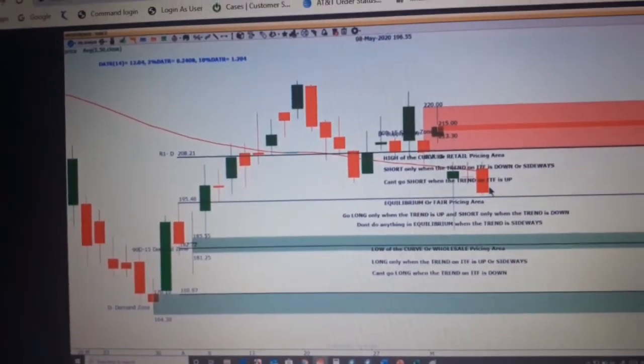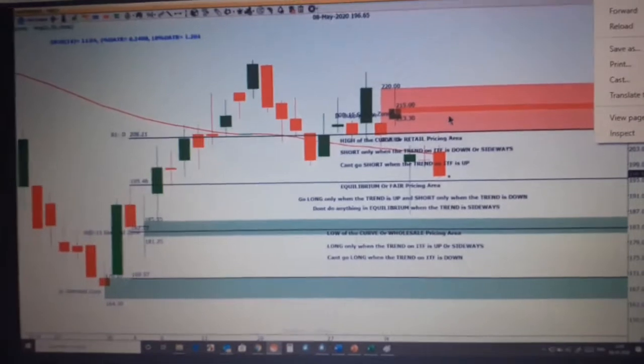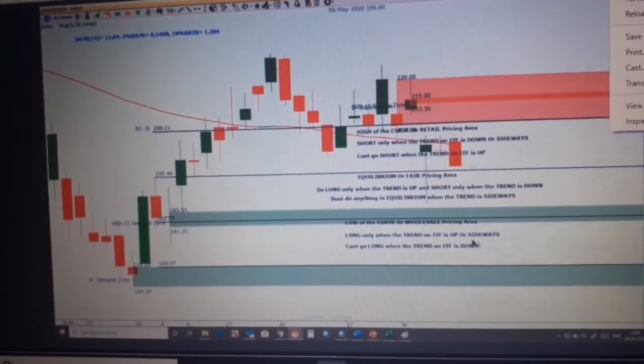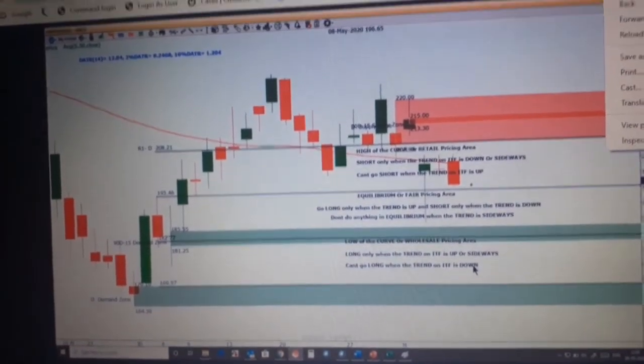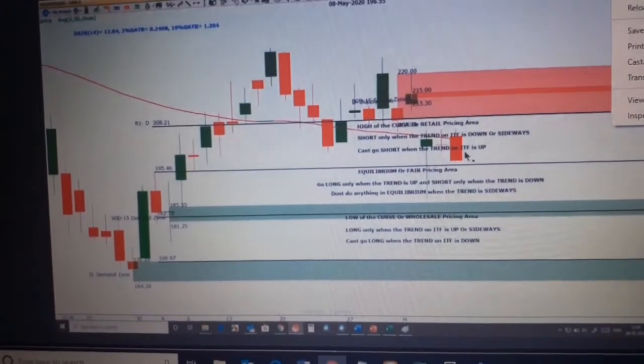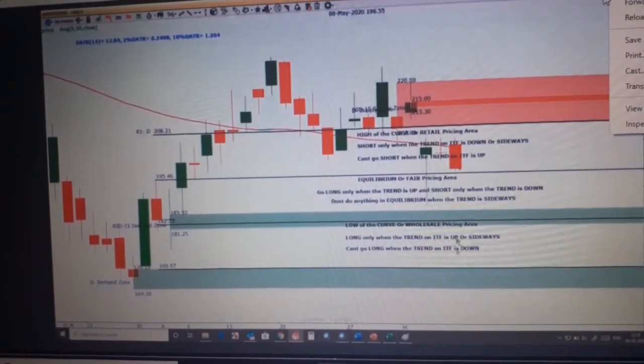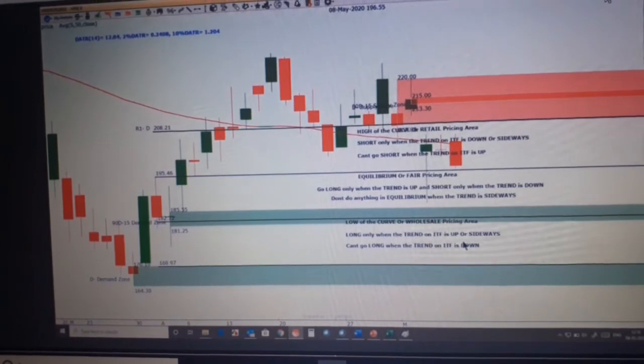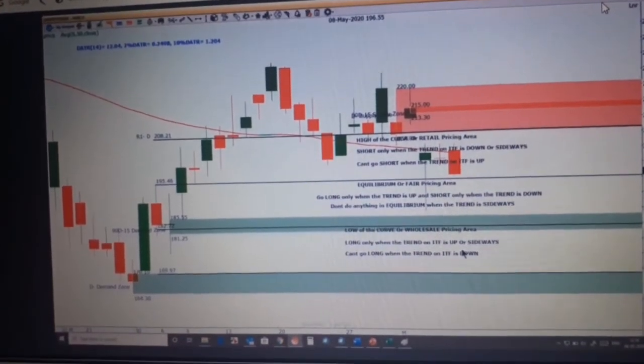But right now, if the price comes to hit the supply zone, what will it do? Now let's suppose that the price comes here and hits the demand zone. What is the trend? The trend is still down, right? And when the price hits this lower time frame demand zone, again the trend will be more down. So you cannot go long when the trend on the intermediate time frame is down. That is your answer.